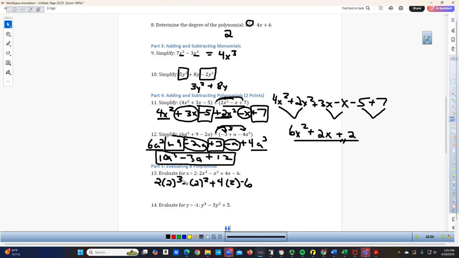Right? And so 2 cubed, that means it's not 6, right? That's a common mistake. People just say, oh, 2 times the exponent. No, the exponent means take that base value and multiply it by itself that many times. So 2 times 2 times 2. 2 times 2 is 4, 4 times 2 is going to give you 8, right? So you're going to get 2 times 8